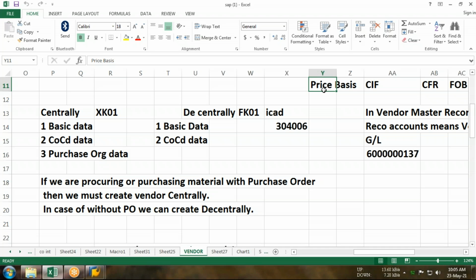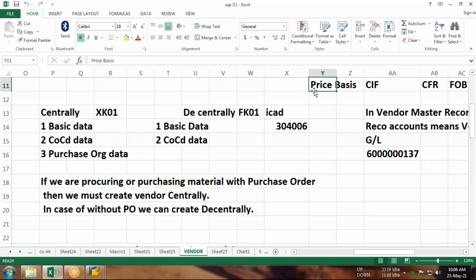If I quoted that I'll be issuing the CIF bill, then I will add two more things: the transit insurance, while the goods are in transit, if insurance is required, that insurance amount I will maintain in the invoice, and whatever freight charges there are, I should include in the invoice. So this is called CIF. Next is CFR, cost and freight. In a cost and freight challan, only the cost of the product, cost of the service, and freight should be maintained. So this is also a part of the vendor information. What will be the vendor price basis?